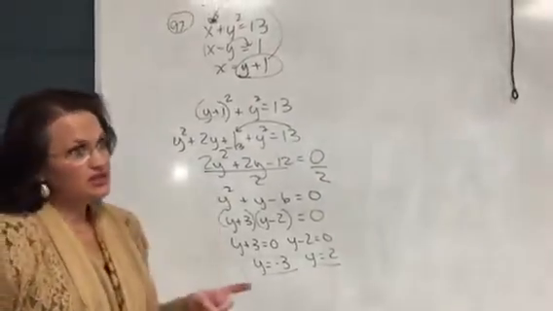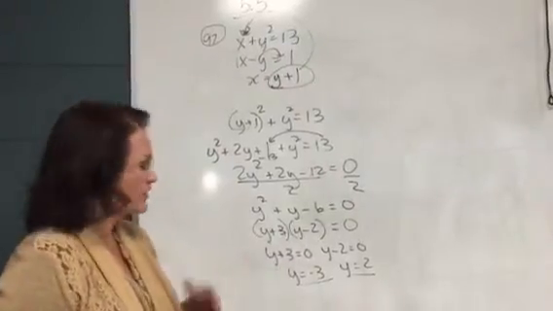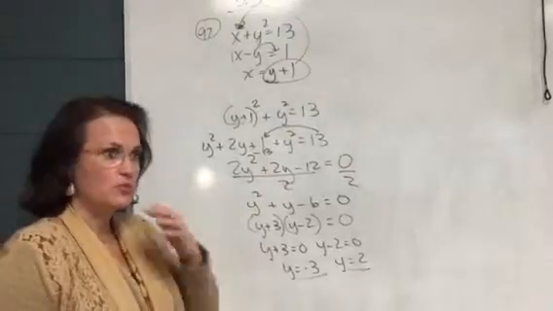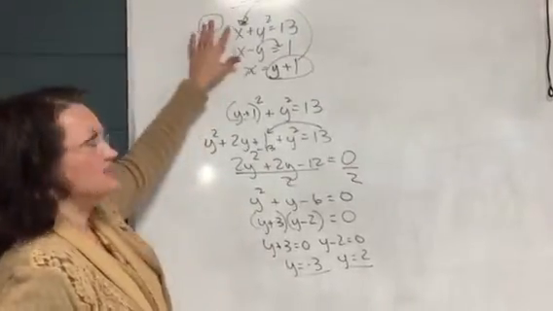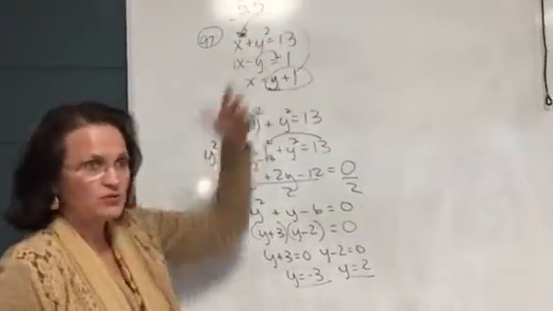So unlike the linear systems where they just cross at that one and only point, if they cross at all, they cross at one point. The nonlinears can cross at multiple points. This first equation is actually a circle. I don't know if you recognize that x squared plus y squared equals radius squared form, but that's